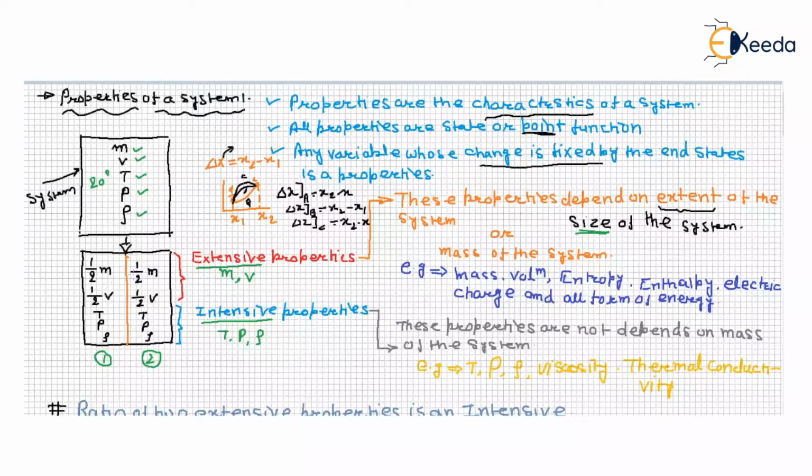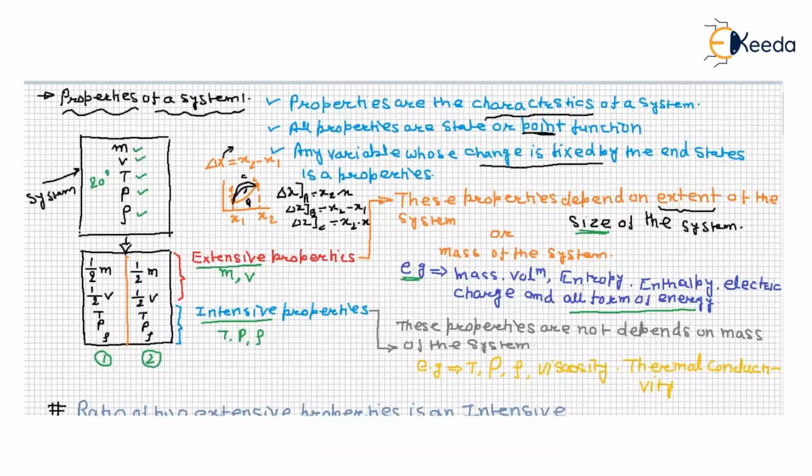Or mass of the system. That means extensive properties exclusively depend upon the mass of the system. The examples are mass, volume, entropy, enthalpy, electrical charge, and all forms of energy. See, with your intuition, if we divide the system, the mass will be distributed, volume also distributed, entropy is also distributed, enthalpy is also distributed, and electrical charge,